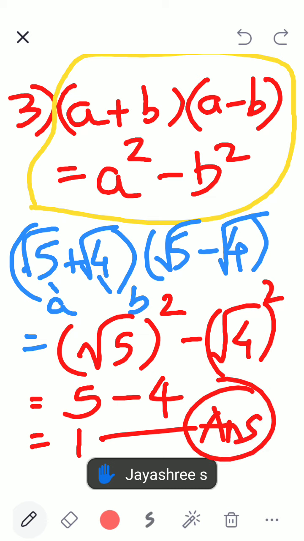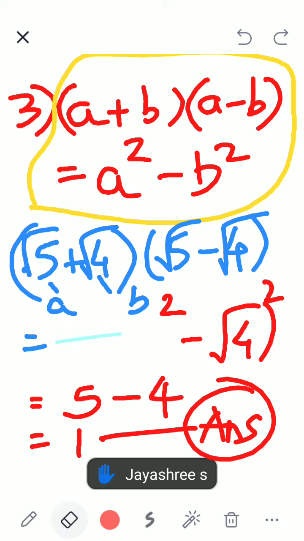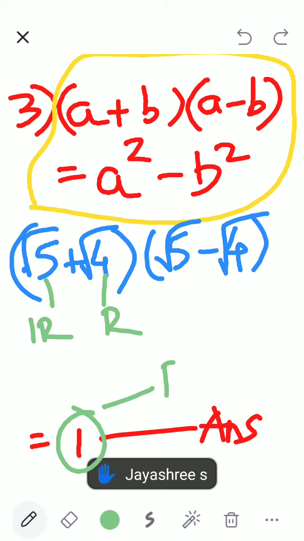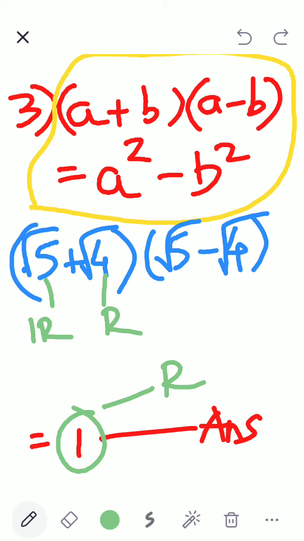So, children, this is a concept of using formula for calculating irrational numbers. Now you see in this what we got as the answer. We had two irrational numbers. See, root 5 and root 5 is irrational. Correct, no? And root 4 is rational. Root 4 is 2 actually. But I got my answer as rational. So, I could solve it with a formula.